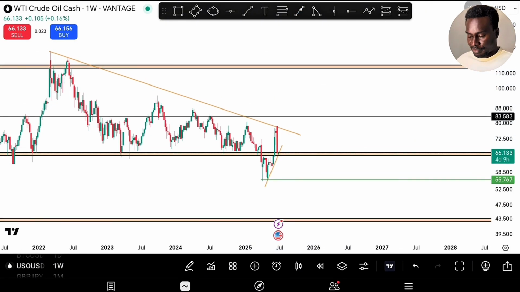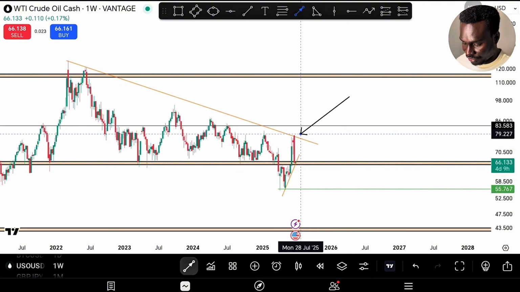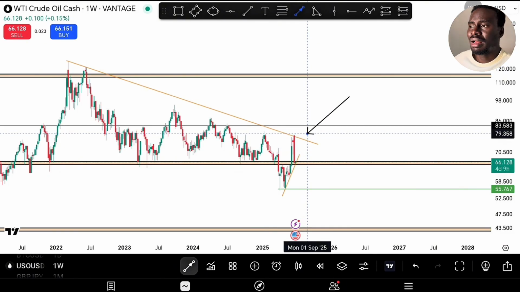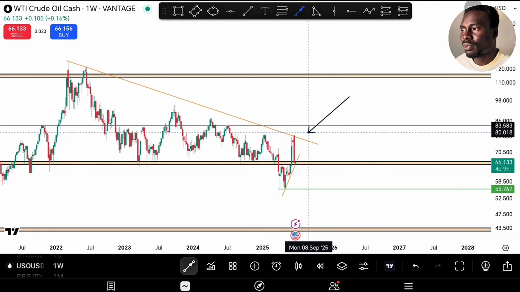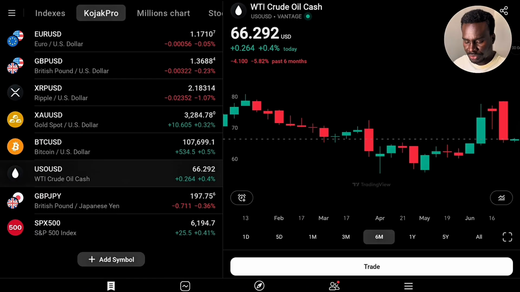On the flip side, because it's come and met this trend line and the trend line has rejected it accurately, if it did break above this trend line, then I'll be looking at a possible medium-term flip in bias, but I won't be taking trades anyway. I will wait. I will then employ my range trading or range break strategies to actually trade oil. The next trade we look at now is